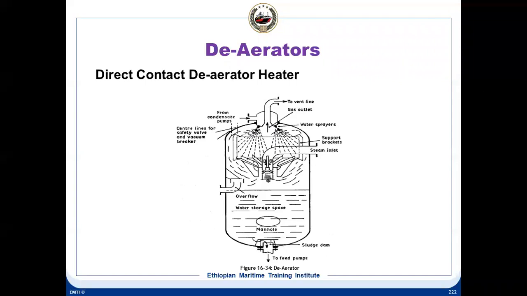And air and other incondensable gases which are released are drawn off by a small fan in this vent line, which is at the top of the deaerator. It's not just the water which is being heated up, it's also the gases dissolved in the water that are getting heated up. And as you know, any hot gas will tend to rise. So that's why they fitted the vent line at the top. And it's got a small fan to assist in the venting. Air and any other incondensable gases released from the condensate are drawn off by this small fan.